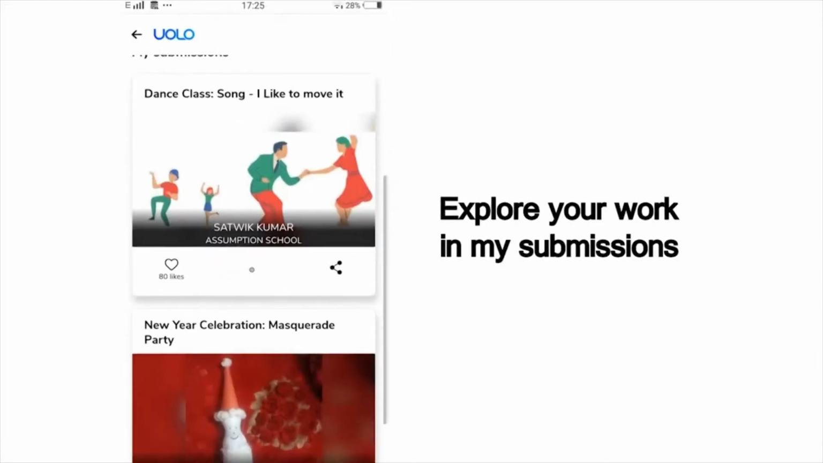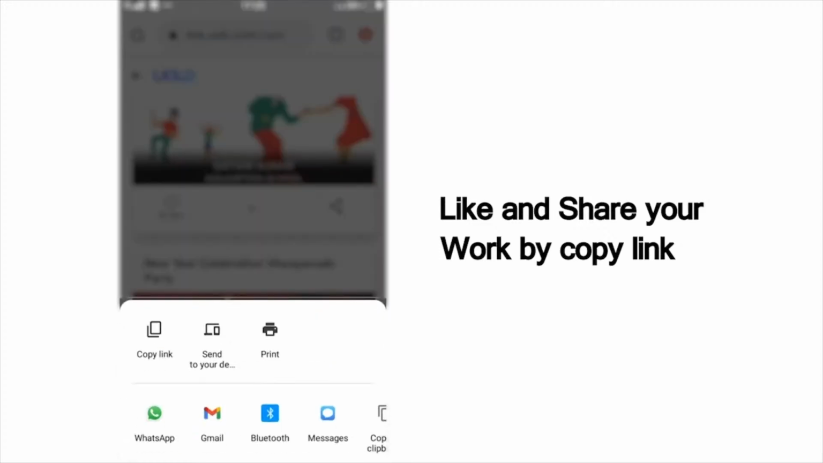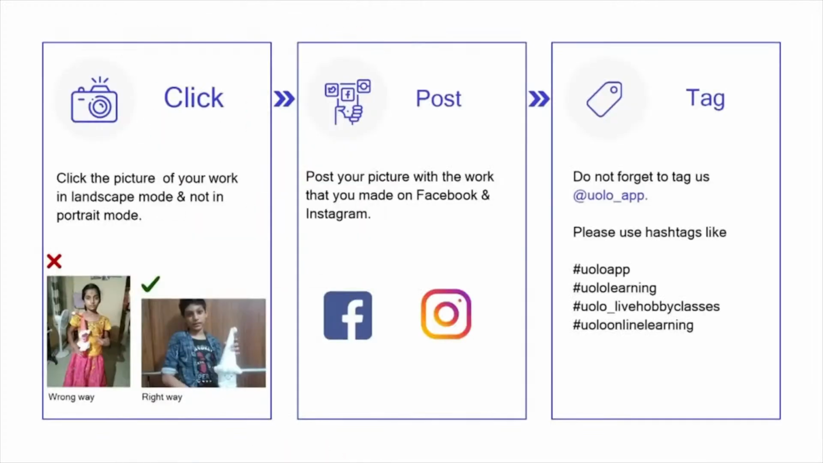You can scroll down and view all your past submissions and see how many of your friends or peers have liked your work. You can also see others' work and like their work to inspire your friends. If you want to showcase your work on social media, that too is very simple. Click on Share, copy the link and post it on Instagram or Facebook or any other platform of your choice. Just a tiny reminder, your submission looks a lot better if you could click a photo in the landscape mode rather than the portrait mode. Do not forget to tag us at YOLO_app. I'm eagerly